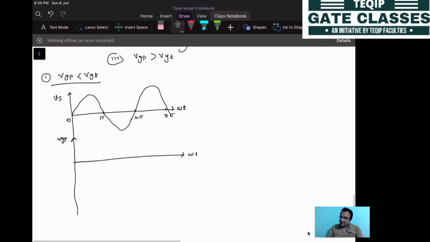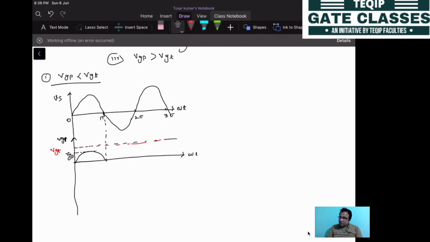So here the case is that, let's say this is the gate voltage, and this dotted line shows the threshold value. You can write this down as VGT, the threshold value. If your VGP reaches this value, then the device will be on. The first case is that VGP is less than VGT, meaning we have set the value of R2 in such a manner that the VGP will be less than the VGT. This amplitude is your VGP. So VGP is less than the VGT.